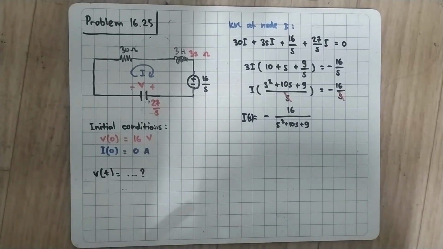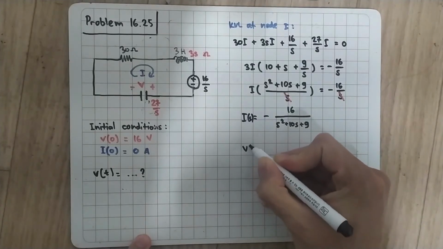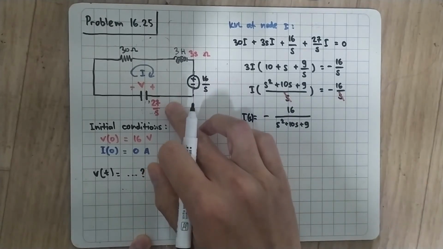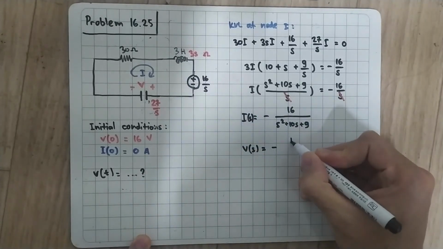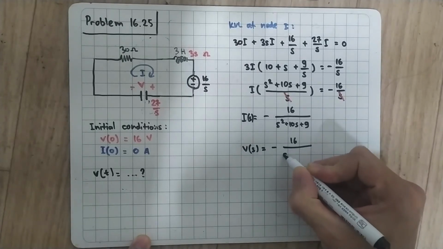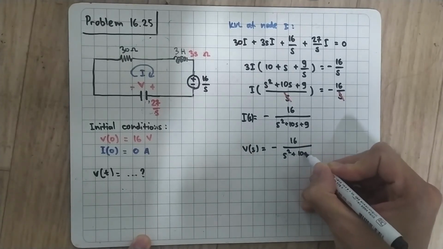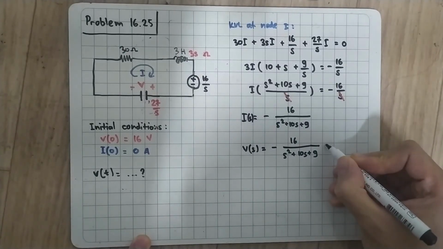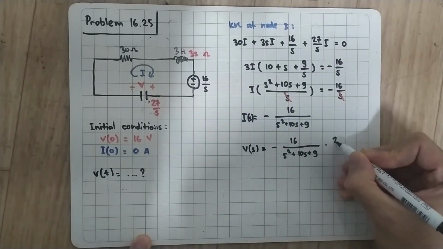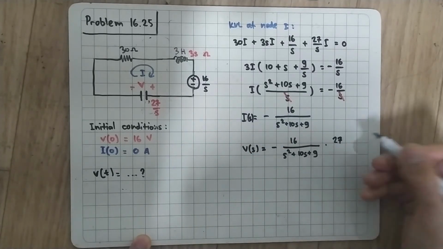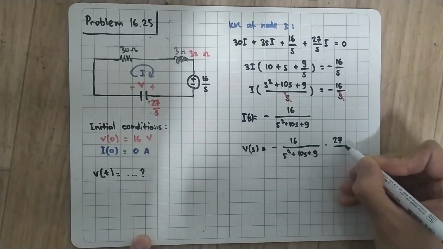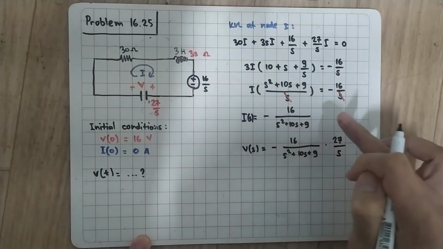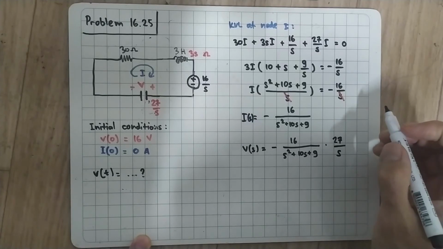So V can be obtained using Ohm's law, so Vs is actually Is multiplied by the value of this capacitor. So I will have minus 16 divided by S squared plus 10S plus 9, multiplied by 27 over S. I forgot the 3 here. Yeah, okay,